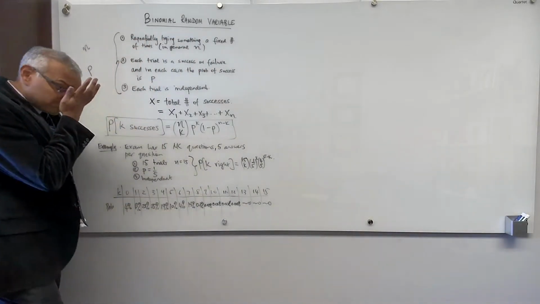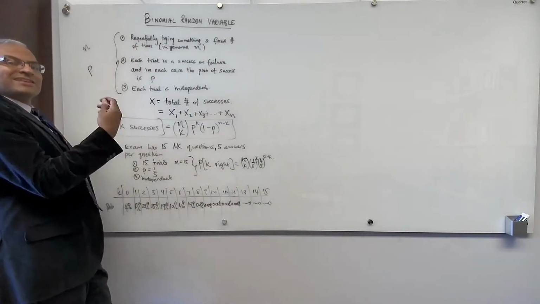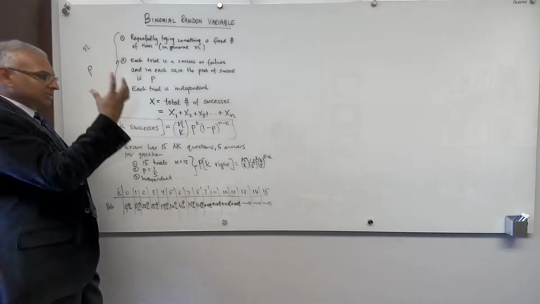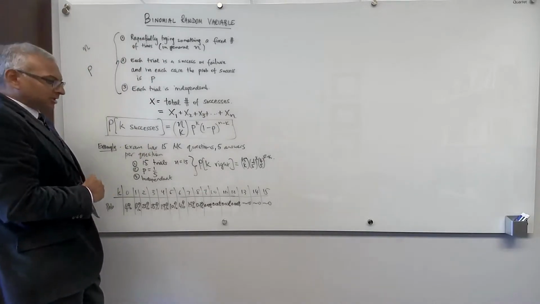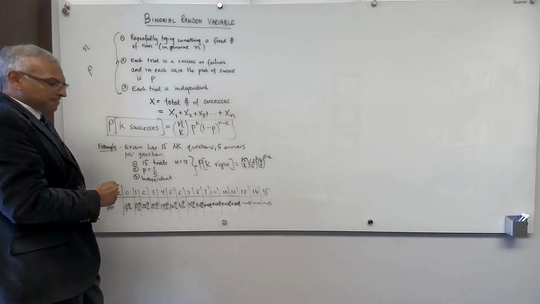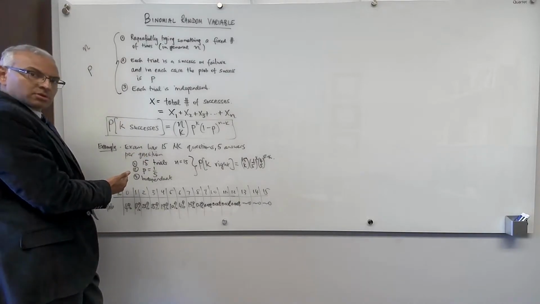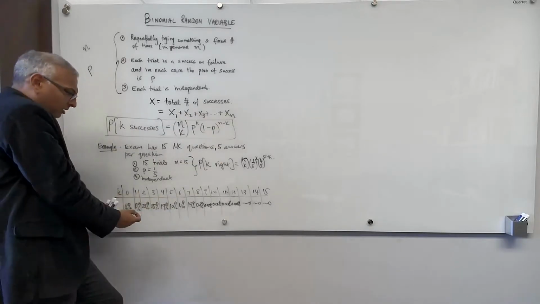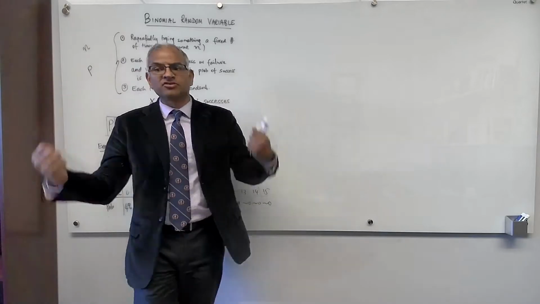Okay, but now the important thing is to identify that, oh, that's exactly the binomial random variable. And that shows you how commonly this type of experiment is occurring, and you're interested in the number of successes. That just shows you that we now have the tools to compute the probability of the number of successes.